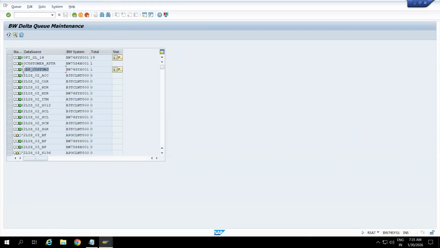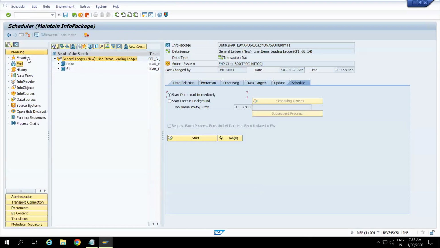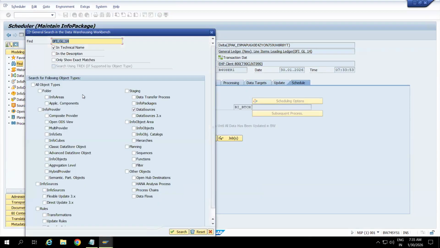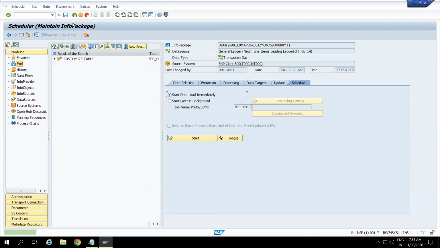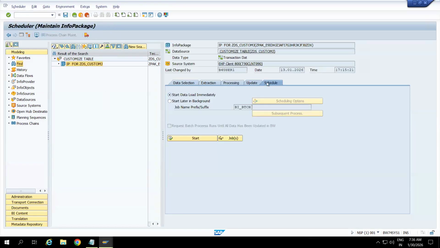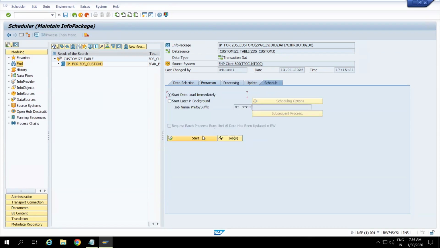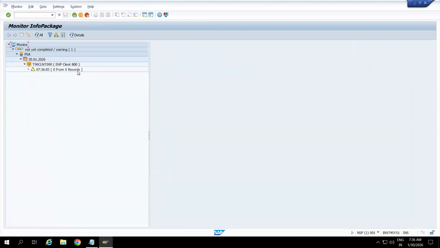Even if we take any data source, it will clear it. What is this data source? We'll see. But we need to select the right system. So here we have three BW systems, right? I'm not sure which is the right one. So let me execute for this. Do you have delta? Yes. Let me clear this as well. So when you click on this,